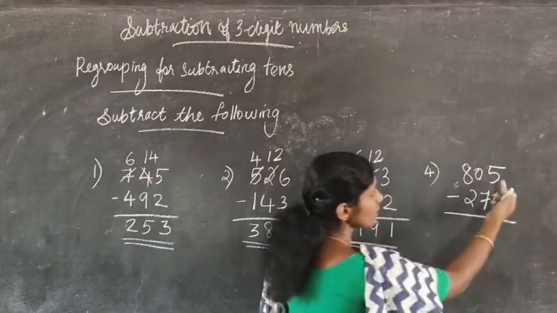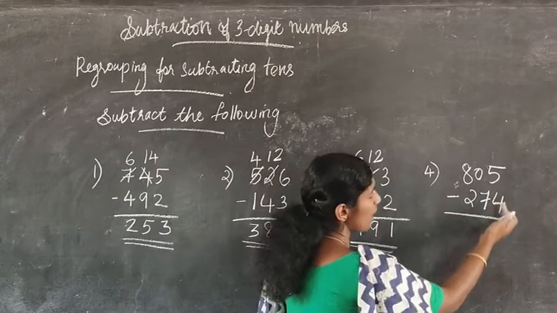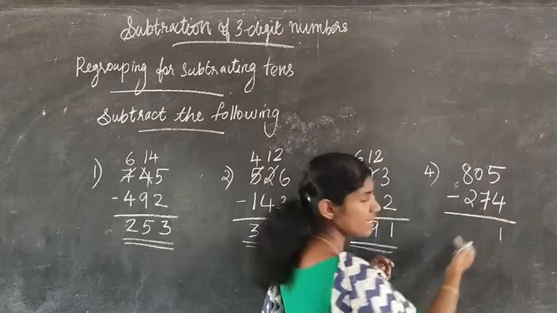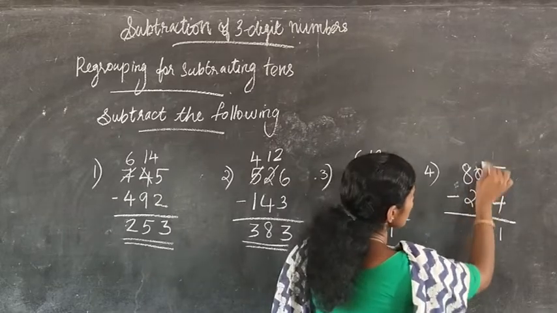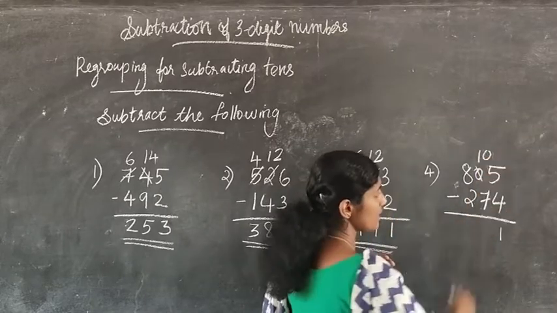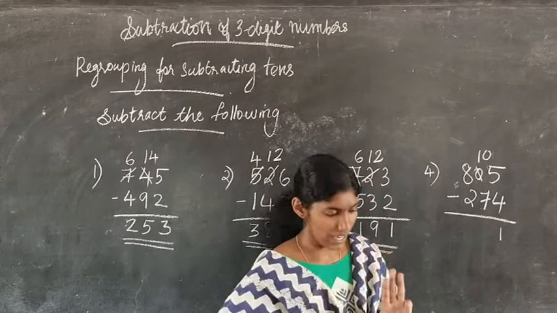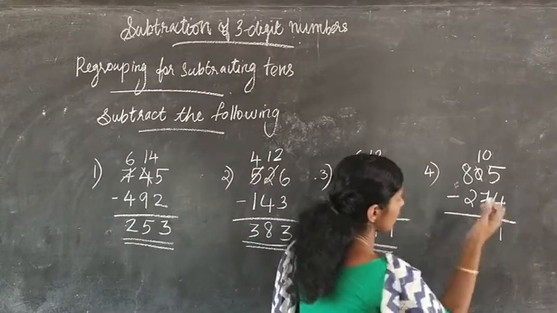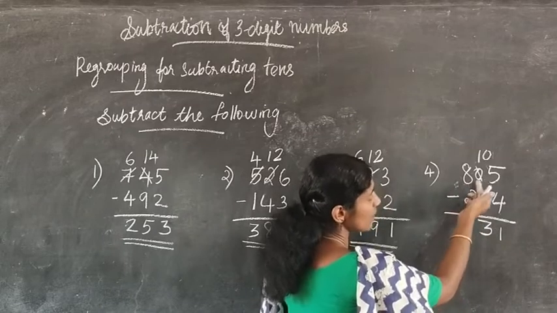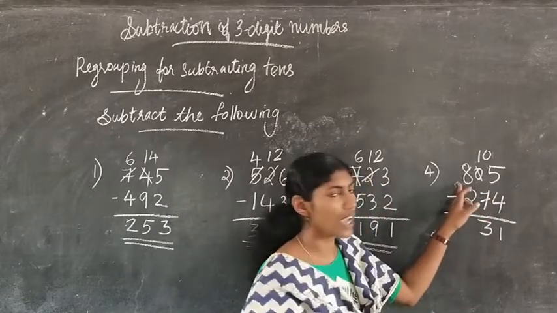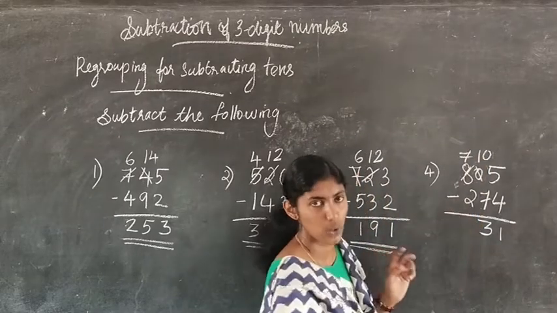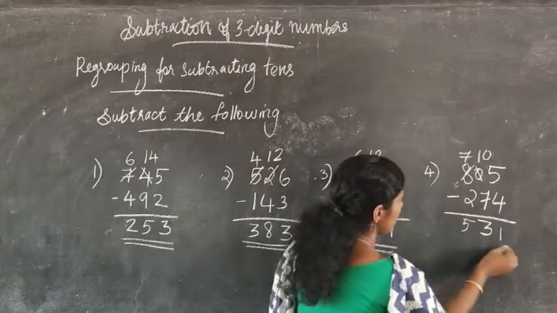Then our last question, that is 805 minus 274. First subtract the ones, that is 5 minus 4, 1. Then here 0 is less than 7, so we have to regroup it as 10. Then 10 minus 7, for that 8, 9, 10. So how many are there? 3. Then since 100 was borrowed by this tens column, here we have only 7. Then 7 minus 2, 5. So the answer is